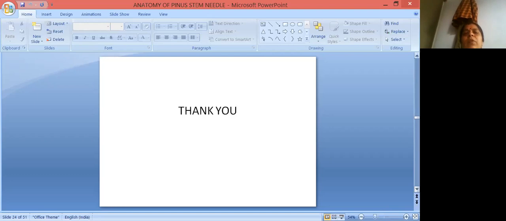So this is about the Pinus needle. The needle is nothing but a foliage leaf which performs photosynthesis and which exhibits several xerophytic adaptations. And remember that the needle is very pointed and sharp due to the presence of sclerenchymatous hypodermis, thick cuticle, and thick epidermis, and the mesophyll cells have peg-like invaginations or inner foldings of the inner wall of the mesophyll tissue, deeply sunken stomata, two vascular bundles, and the T-shaped girder. These are all the identification characters of the anatomy of the Pinus needle.